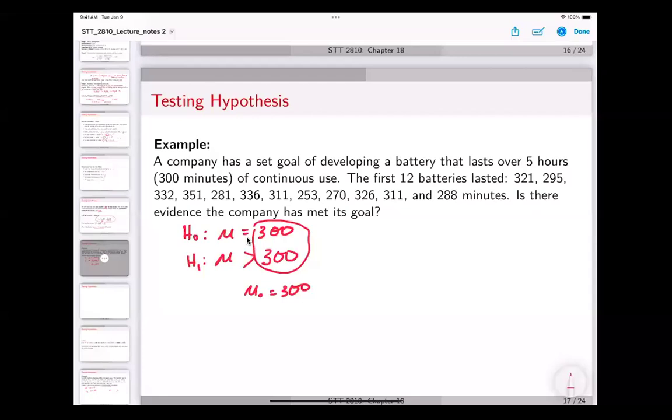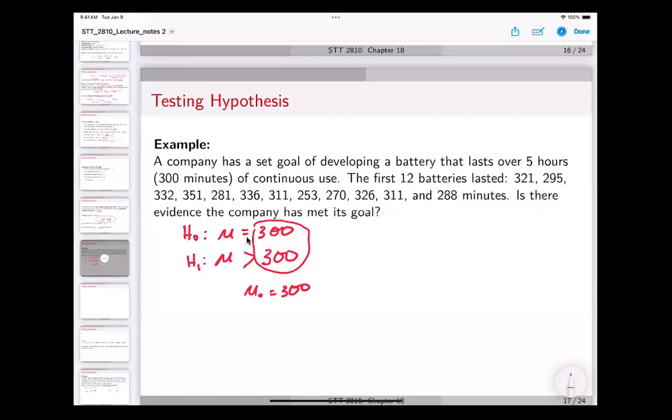So we are going to do a full example. I'm going to do it in two ways. One is manually, and then the other one is via StatCrunch. So the first step is, we did this last time, and then we set up the hypothesis correctly because